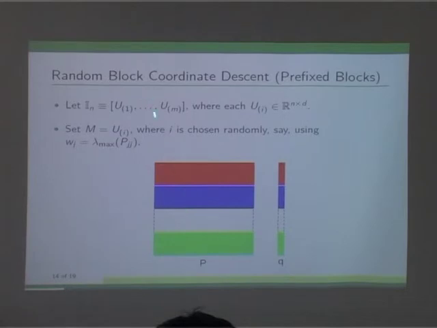But suppose you decide on some partition rule. Now what you want to do is, let's say the identity matrix of n cross n, you partition it in this way, where each submatrix is of dimensions n cross d. So I set M equal to U_i, where i is chosen in a random fashion or according to some rule. Then U_i transpose P, which is equivalent to M transpose P, will be equivalent to picking the ith block. So this algorithm respects the distributed storage. That's what I want to say.